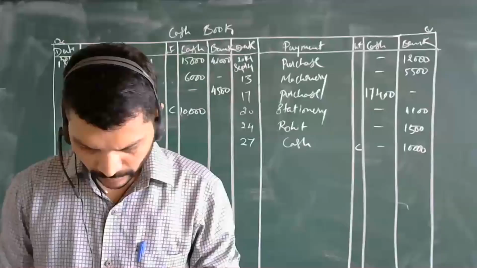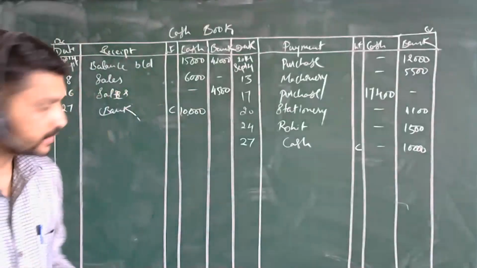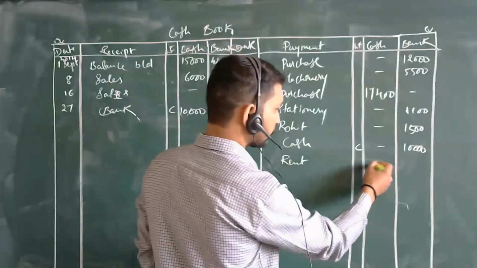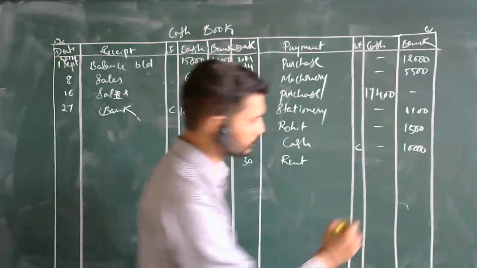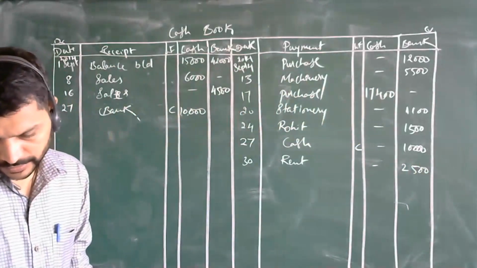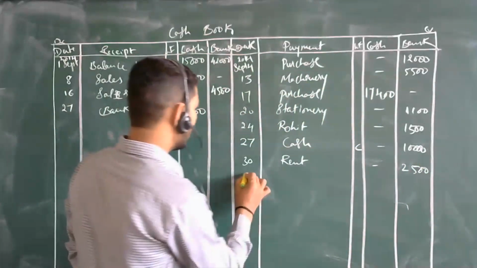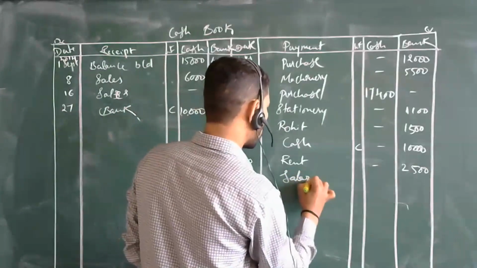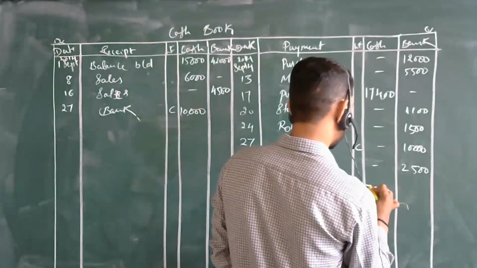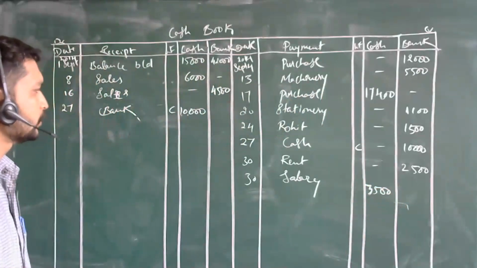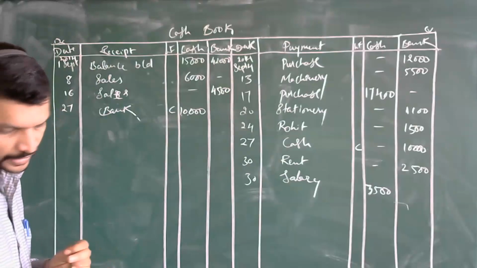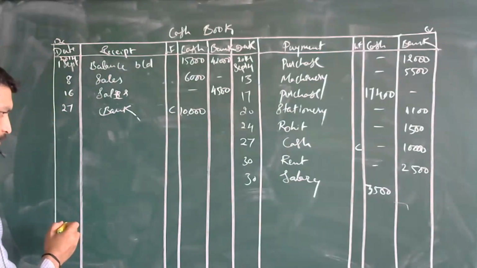Next one is rent. Right? Rent paid. Obviously, rent paid means here 30. Then it is by check 2,500. Then what about this salary paid same date? How much it is? 3,500. 3,500. Done. So which side is greater amount over here? Check it out. Then we will close this.